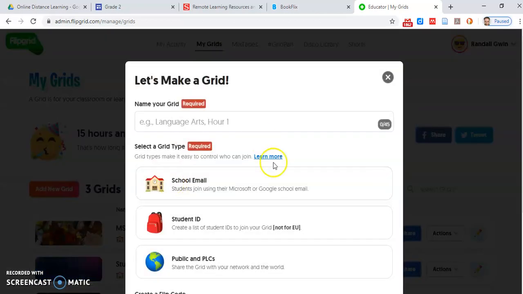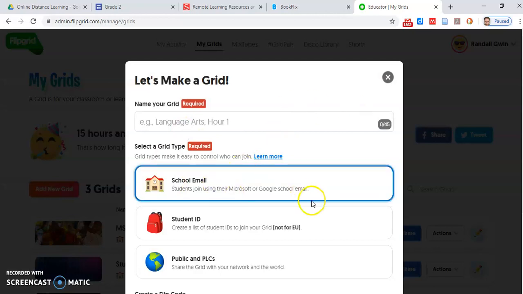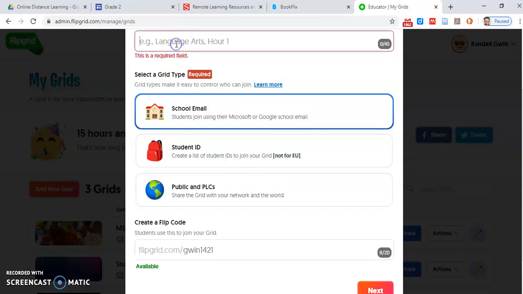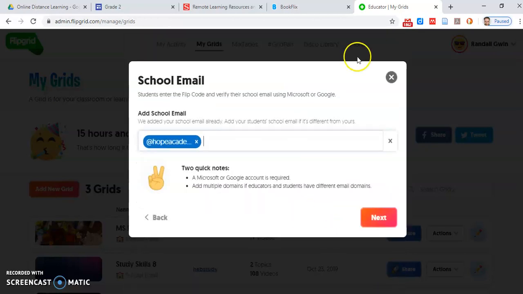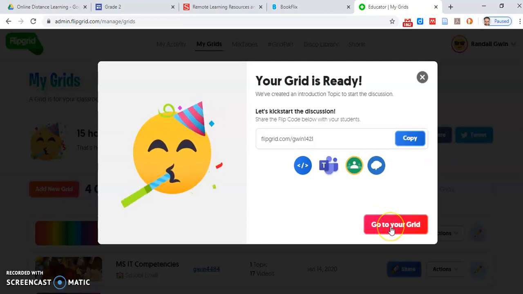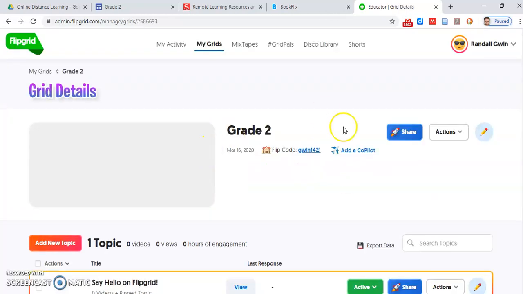And if you already signed up, you log in, it looks like this. Click on Add a New Grid. Let's see, I'll use this, send it to the school email so that they have to log in with that account. It shows you the code down here. So you just click Next. Oh, I forgot the topic. Grade 2. Let's see, they've added our email. Now this requires you to log in with the right type, but if you don't have Gmail for your school or G Suite for your school, then you can find another way to do it. They give lots of choices for that, but I'm just going quick right now. So go to your grid,